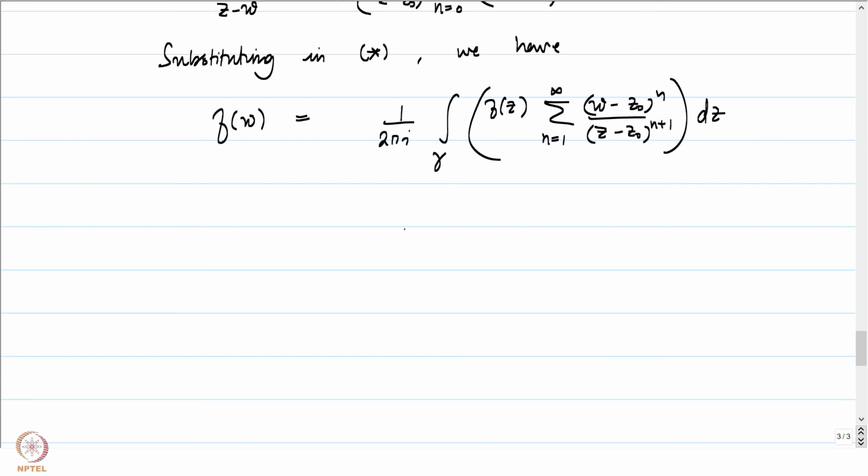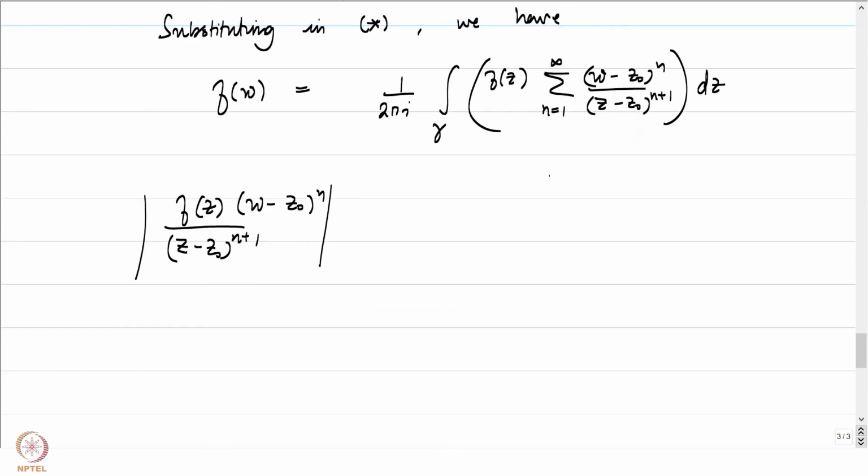Let's now try to see whether we can interchange the integral and the summation. We have to justify that, and in order to do that, let's consider f of z into (w minus z naught)^n by (z minus z naught)^(n+1). If you look at the absolute value of this, it is less than or equal to, remember that f of